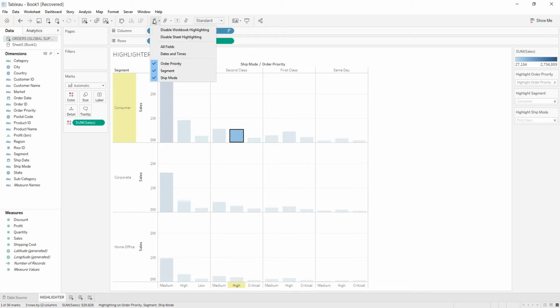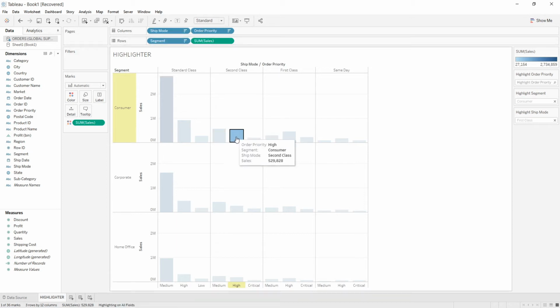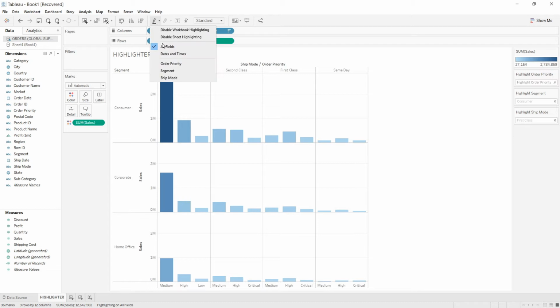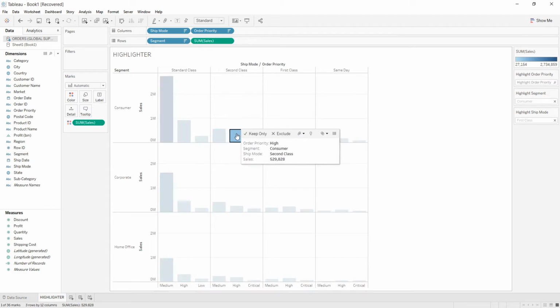And if we show all the fields, as I have ticked all these attributes, it means directly that we are seeing all fields. So we'll see only one mark over here. But if we don't select any mark, then all the fields will be shown together. So that was about the highlighter. That is, if we select any mark over the view, only that gets highlighted, and beside it we can show other values also depending upon that mark.